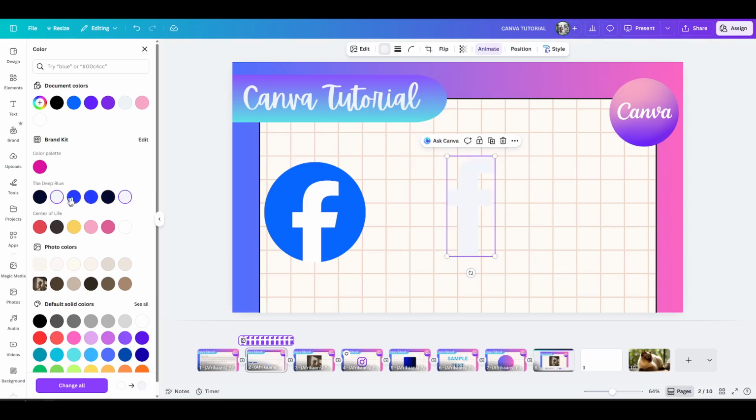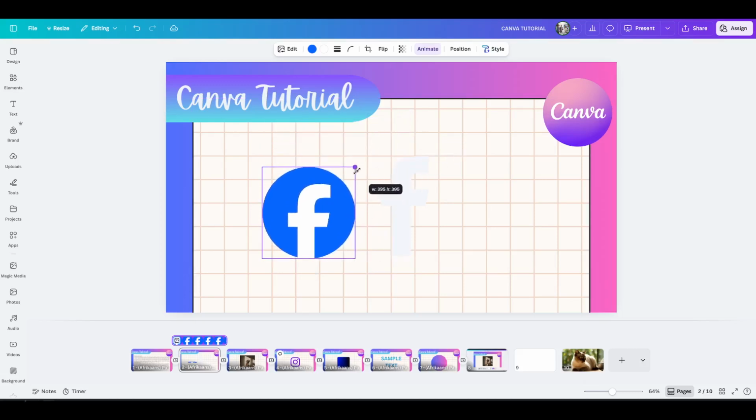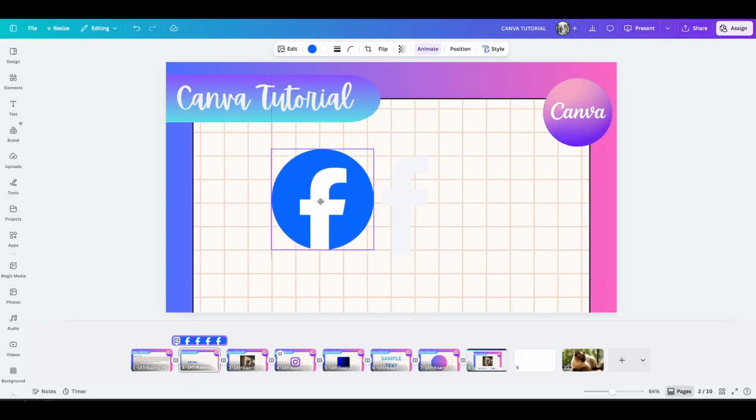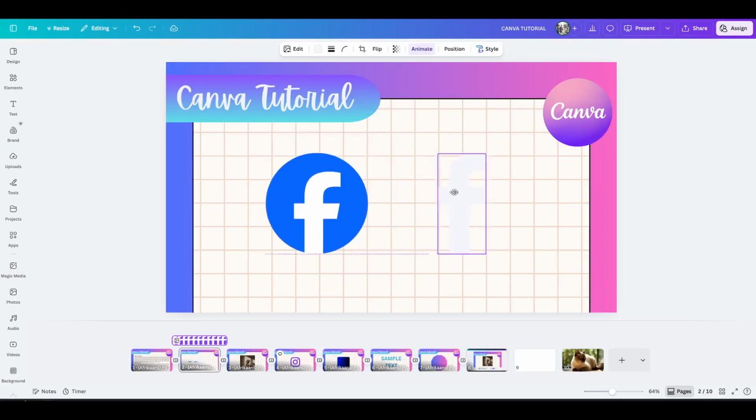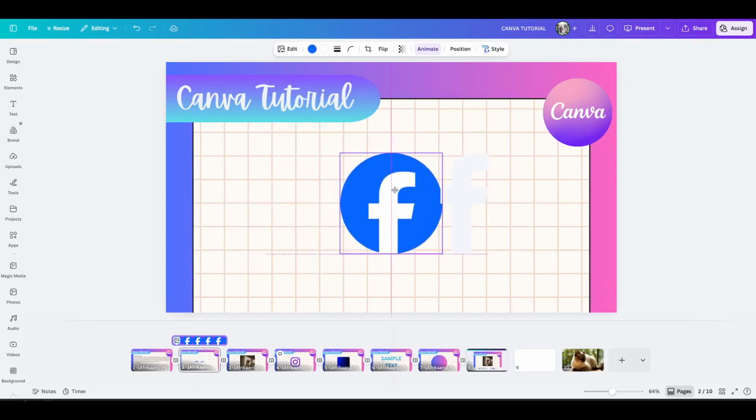From there, resize the logo by dragging any corner handle. Keep it proportional. Avoid stretching it vertically or horizontally, as that can distort the mark. Position it by dragging it into place. Canva's smart guides will help you align it to the center or line it up with other elements, keeping your